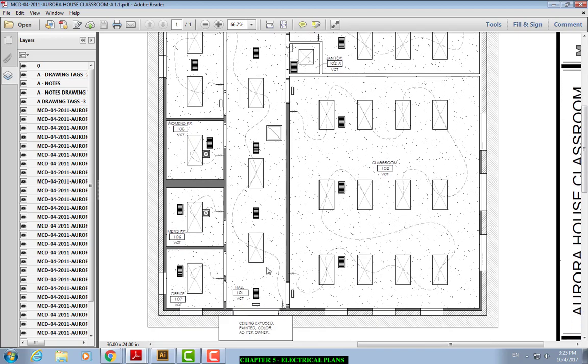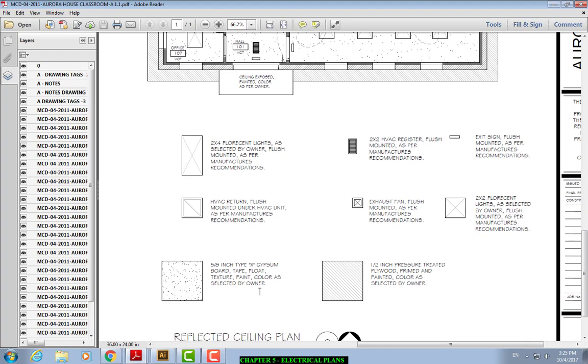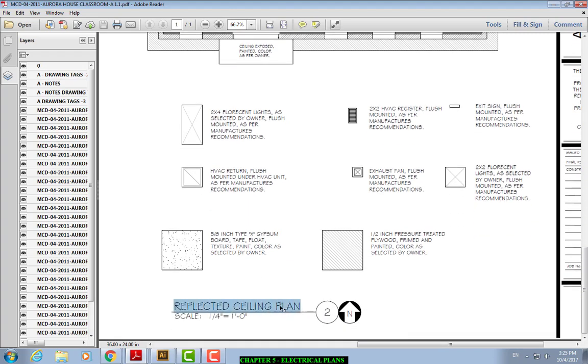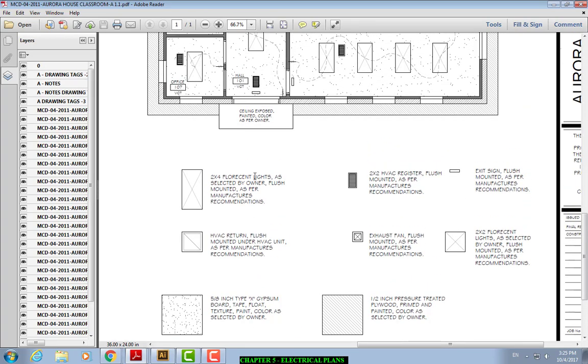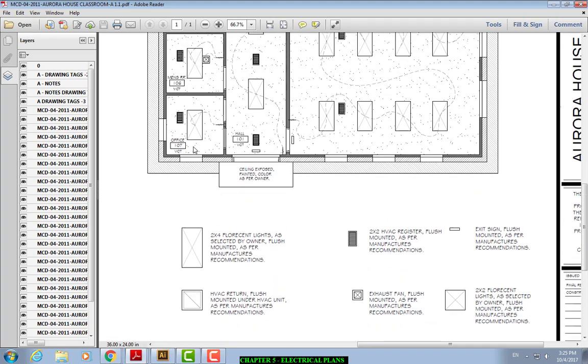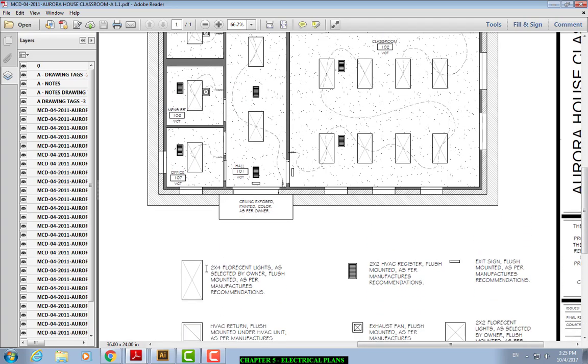Sometimes you're going to have reflective ceiling plans. This is a reflective ceiling plan right here, and on this one it shows everything on the ceiling. So it's going to show the lights they're going to need. This one here, they're going to have 2x4 fluorescent lights as selected by owner, flush mounted as per manufacturer